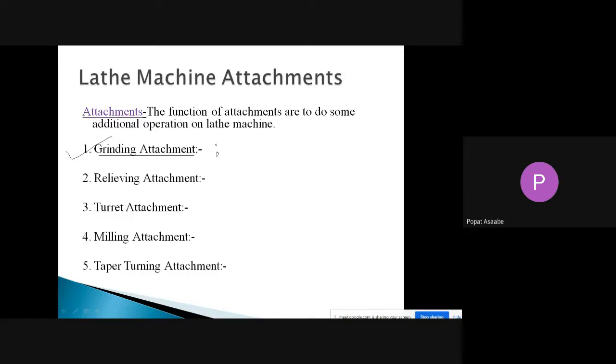Please tell me, is it possible to perform the grinding operation on the lathe machine? No, it is not possible to perform the grinding operation directly on the lathe machine.